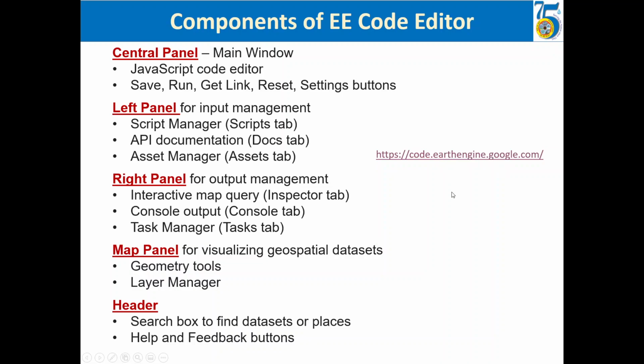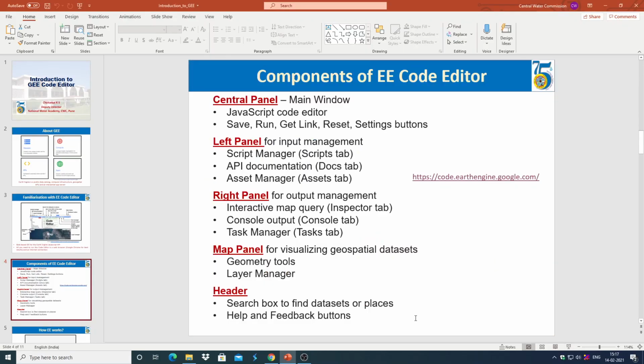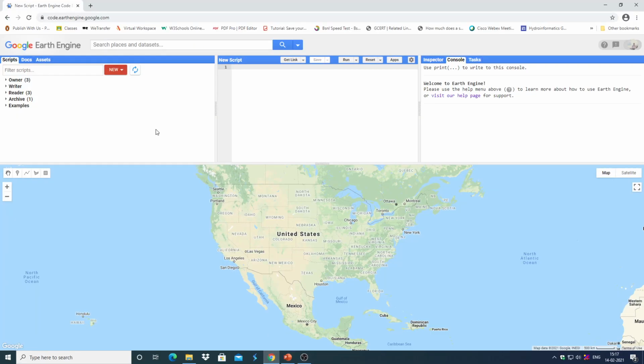Now hopefully everyone have signed up for accessing the code editor. This is the URL which you should type, and then you sign up. Once you have signed up and you got approval, permission, then you can log in using your Gmail account, Google account. And I have already logged in, so we will continue exploring the code editor for getting familiarized with the code editor. So this is how the code editor looks like.